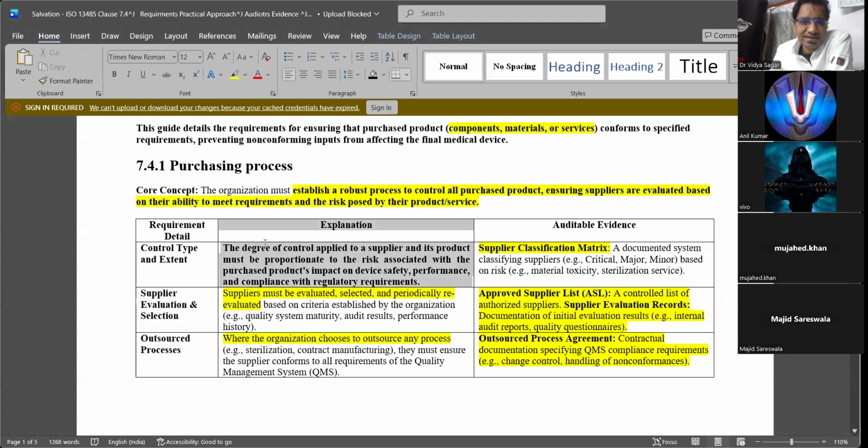See, this is talking exactly about what I told. How much control you have on the supplier should be proportionate to the risk, and the risk always directs towards safety and performance, and it also has to comply with the regulatory requirements of that particular country.